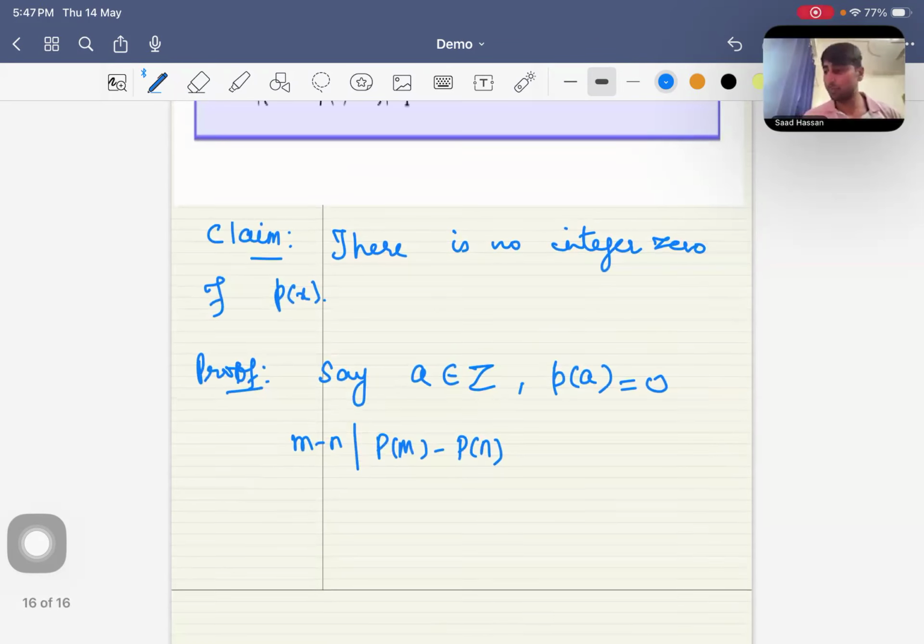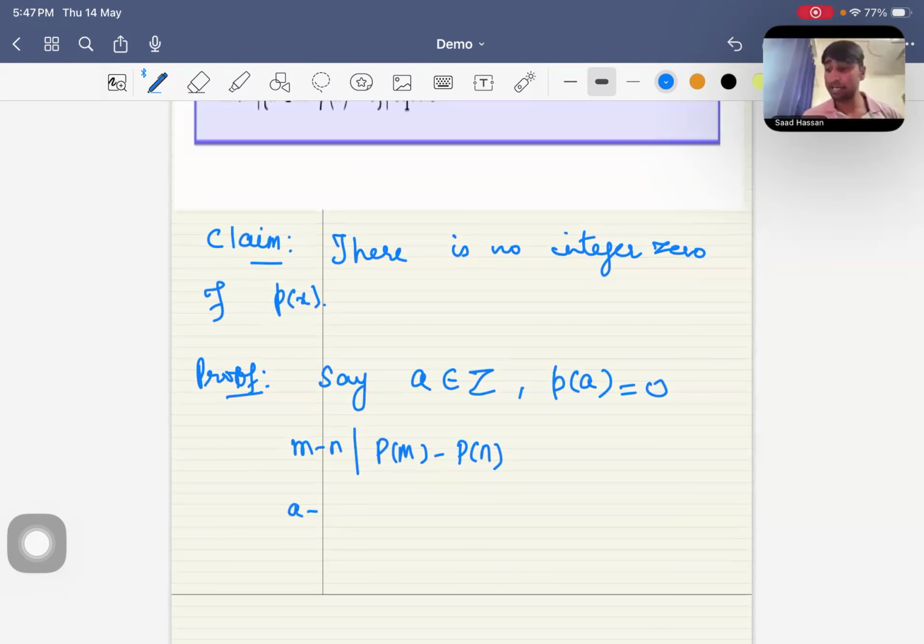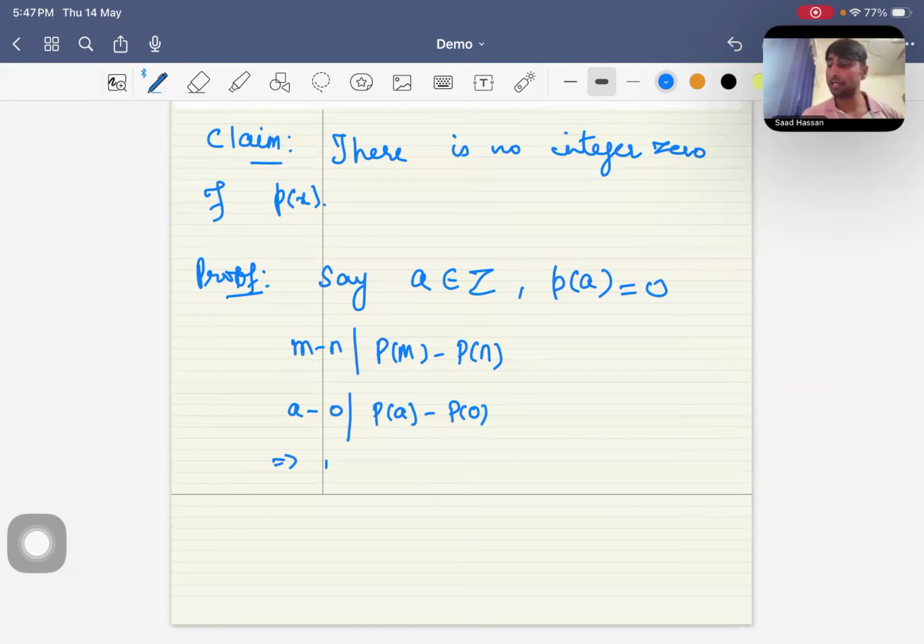So we can say that a minus 0 divides p of a minus p of 0, and p of a is 0, which means that a minus 0 divides minus p of 0. So a divides minus p of 0, which means a divides p of 0. And since p of 0 is odd, it means that a is odd,